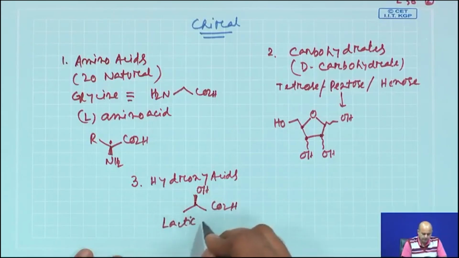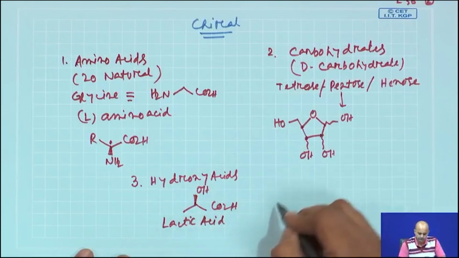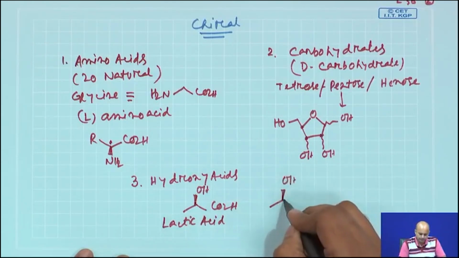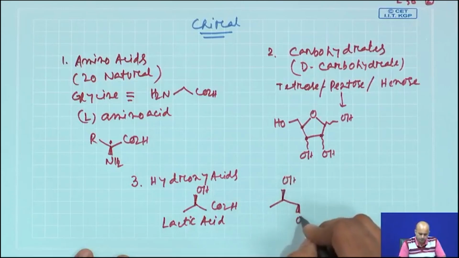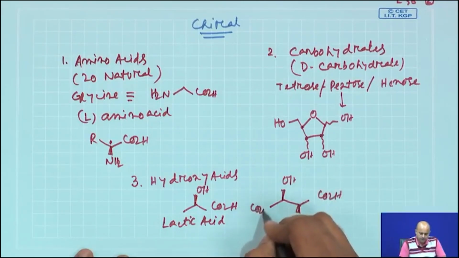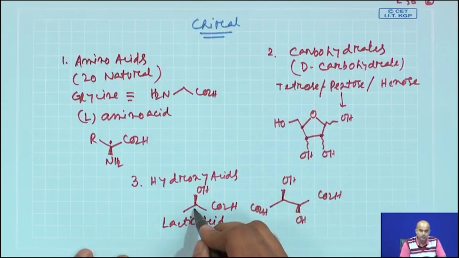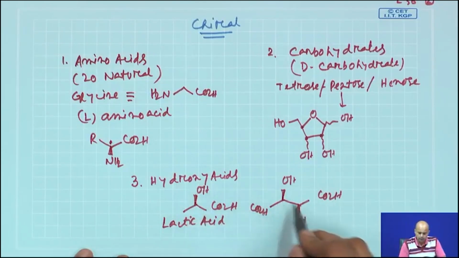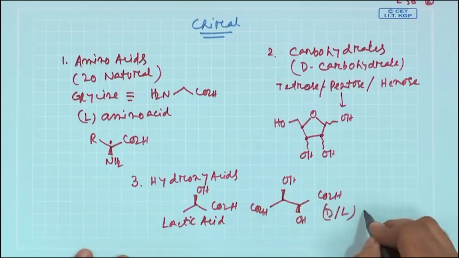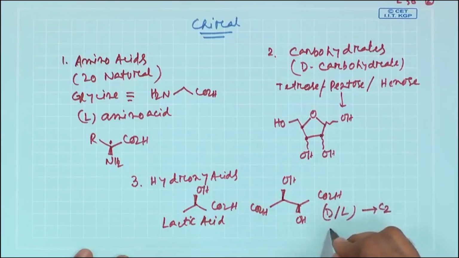Lactic acid, you can get both the enantiomers in nature. Then the most important one is tartaric acid. Now, lactic acid has 1 stereocenter, tartaric acid has 2 stereocenters. Tartaric acid is D or L, which is C2 symmetric, and you also have a